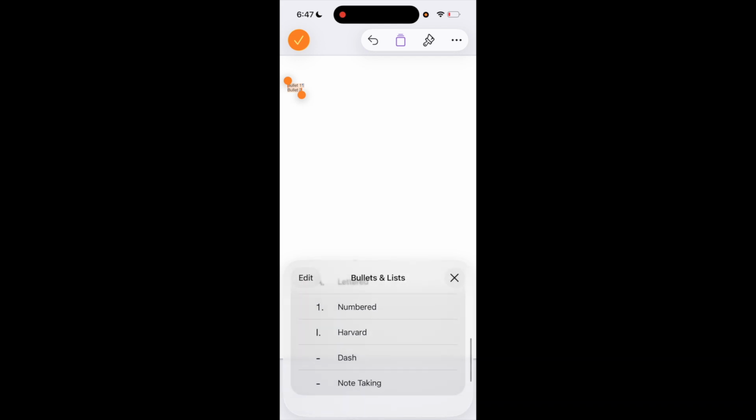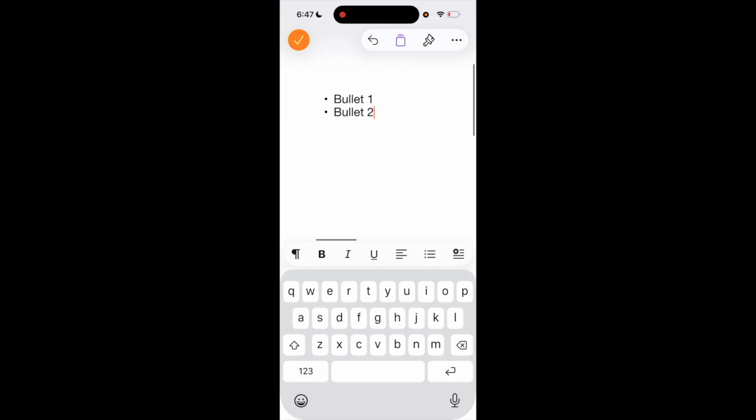So if I were to just go ahead and press bullets right here, it then turns into bullet points. So if I were to zoom in a little bit, there's bullet points. If I were to press return, another bullet point opens up, and you guys get the point. So pretty simple, pretty straightforward, but that's how to add bullet points to your page here on the Pages iPhone